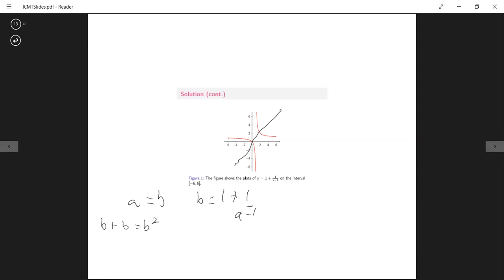So by factoring, we get the quadratic b minus 2 times b is equal to 0. So the solutions are b is equal to 2 and 0. So our two vertices are (0, 0) and (2, 2). So now,